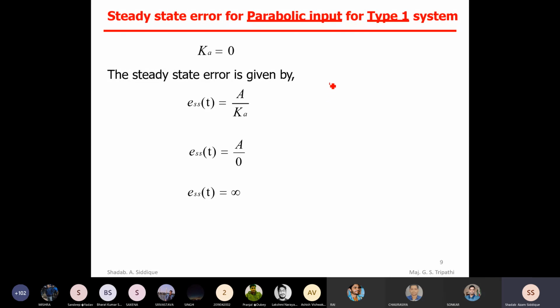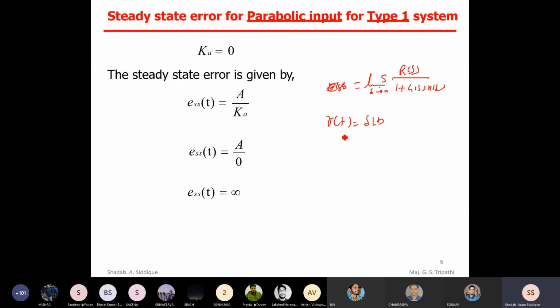तो अभी हमारे पास E of S is equal to that error, ESS is equal to limit S tending to 0, we have S into R of S divided by 1 plus G of S into H of S, ऐसा था ना, ये फॉर्मूला था। Yes, sir. अभी देखिए, मेरा R of t is equal to delta t आपने अप्लाई किया,